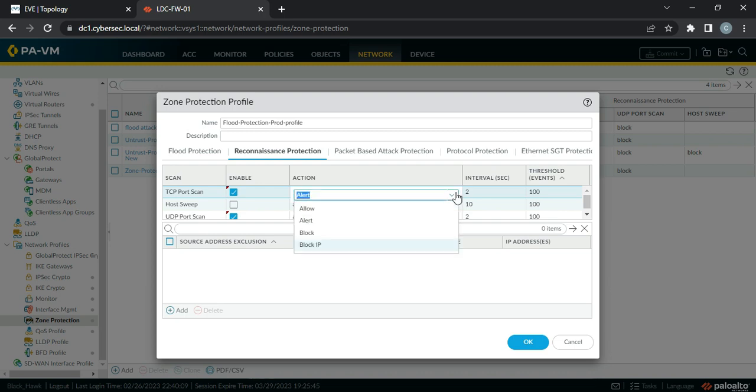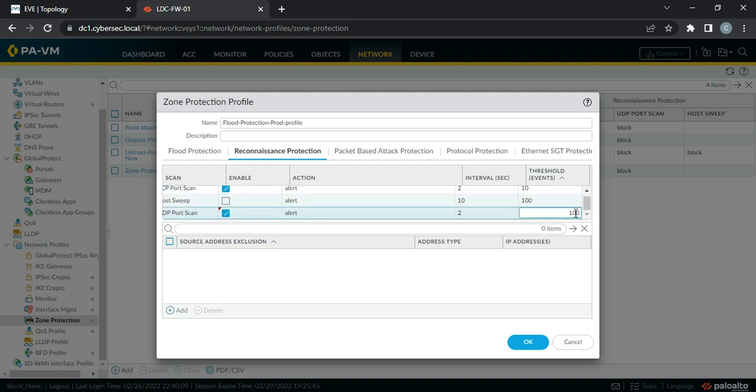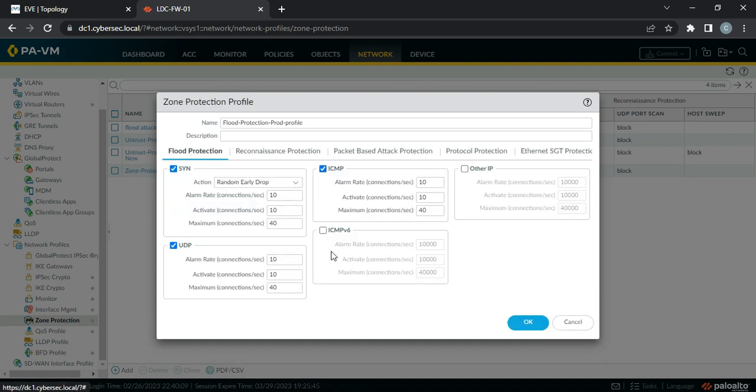So what we are going to do for port scanning, we will generate the alert and interval 2 seconds, event threshold, let's keep it 10. And I'm just keeping these values low so that we can have the real-time view in the logs. Action will be alert, and here as well, just keep it 10. Okay. And that's it. Packet based, we won't be able to do recreate. So click OK,